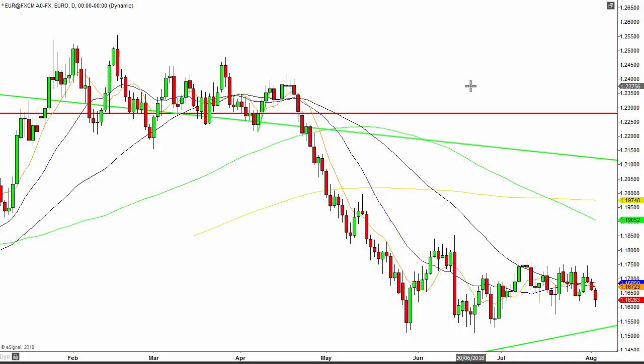But I'm not going to get too ahead of myself because we are in the middle of the summer, and we could just find that the euro just stays generally range bound. But at least I have a plan.